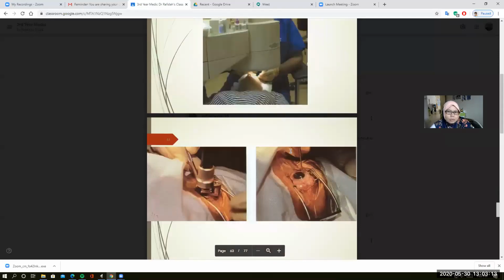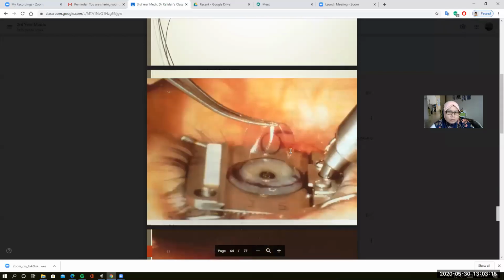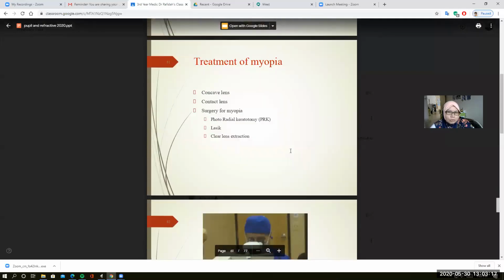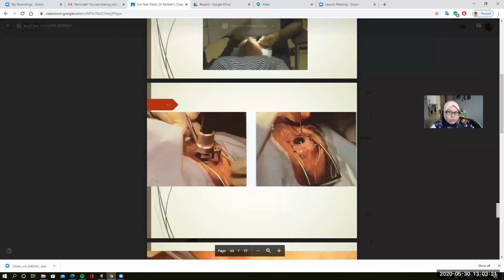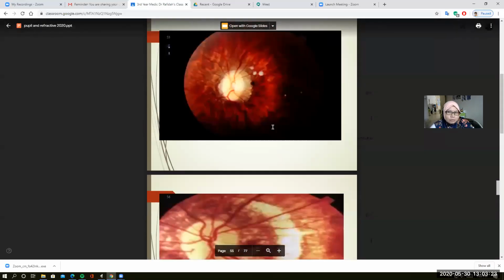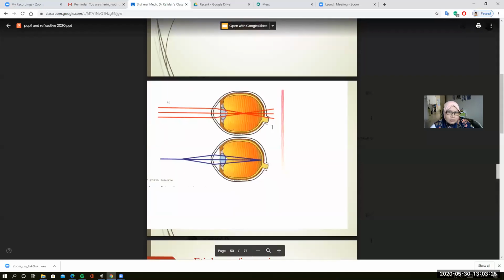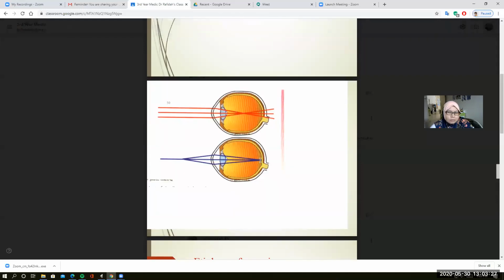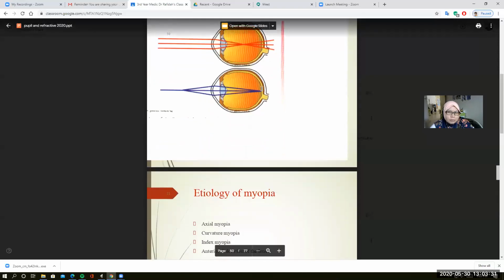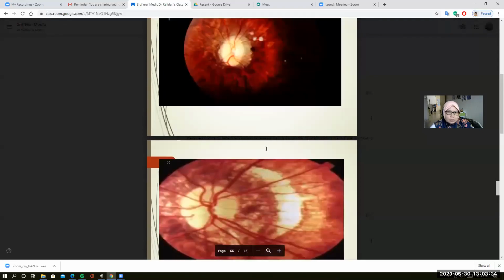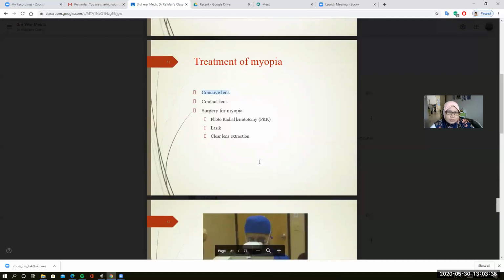Okay, so what type of glasses do you use? You use a concave lens. Why do you use concave lens? Because you want the light to fall further from the retina, so that it can be focused onto the retina rather than in front of the retina. Okay, so